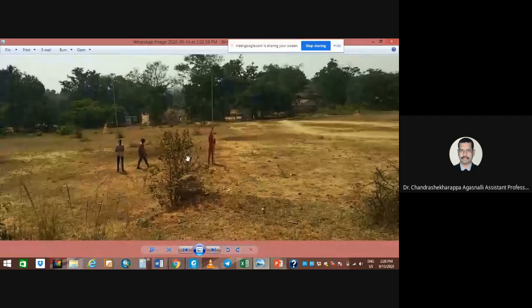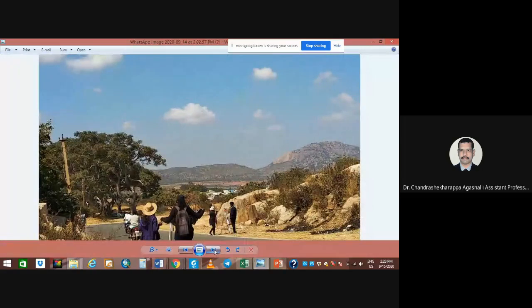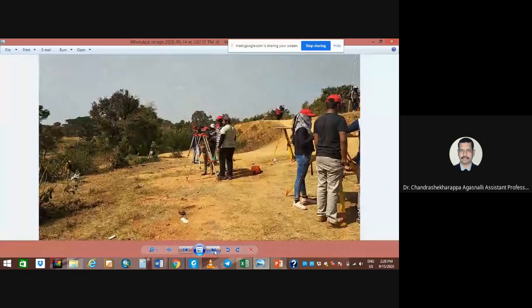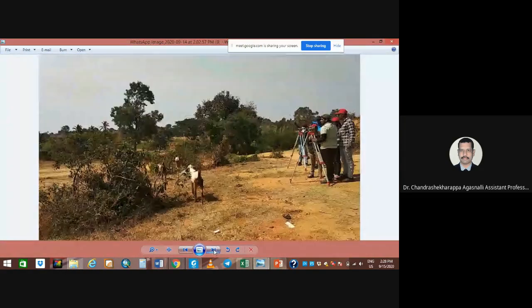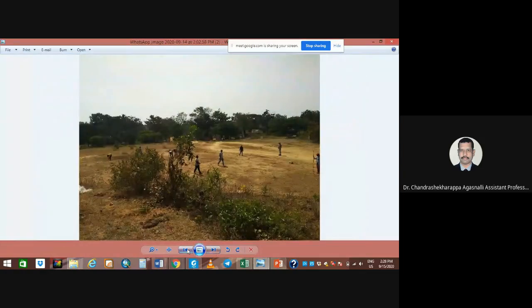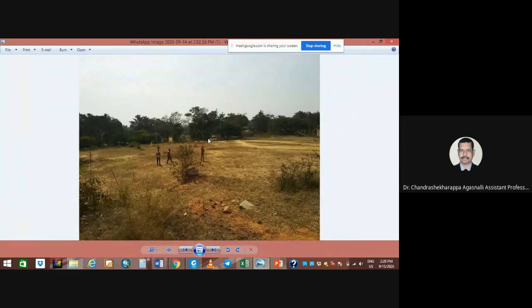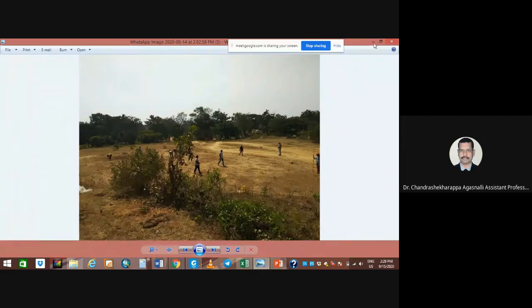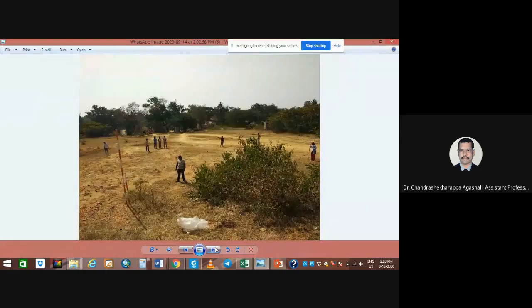Or they are using the ranging rods. Generally we use the cross staffs for making right angles, especially the 90-degree angle. I think they generally use it for block leveling. They are doing the block leveling to